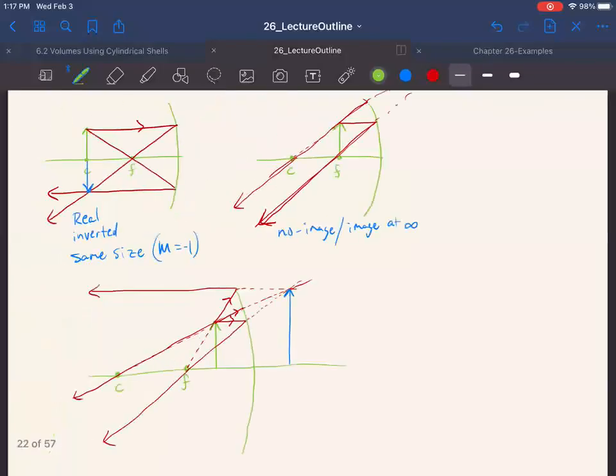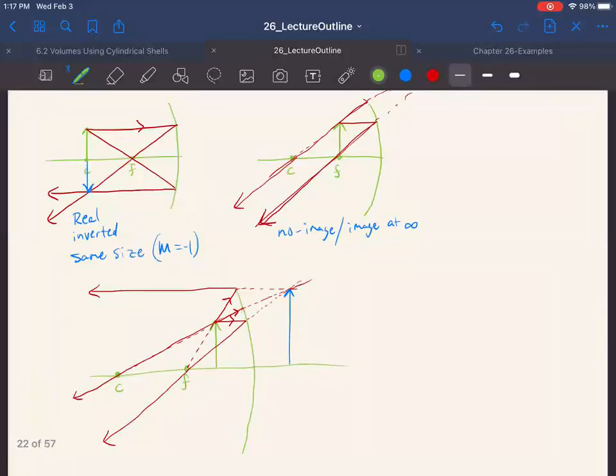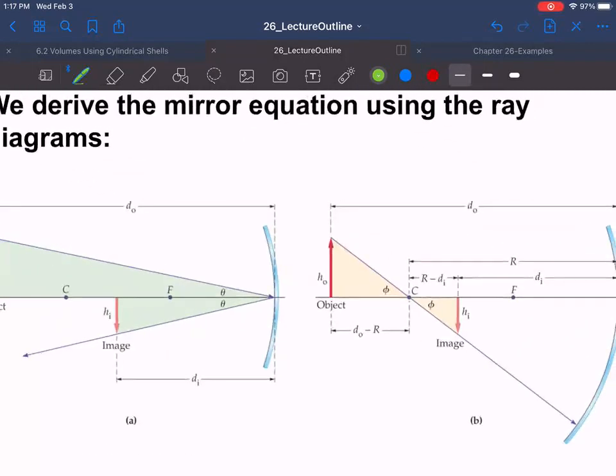All right, for those just joining, here I drew ray diagrams of different situations, including that one. So pause it if you need to look at those. All right, here, I'll leave this for you. It's not really a ton of math, but you can go through and use these similar triangles, set up your